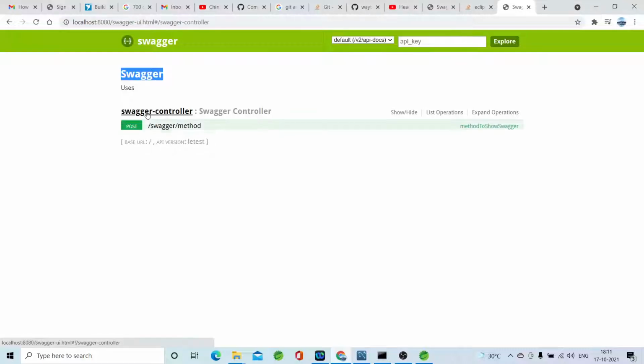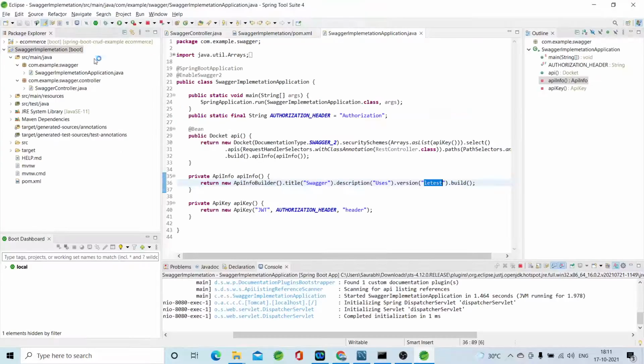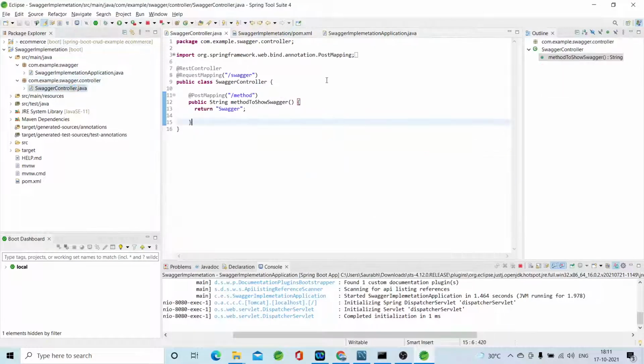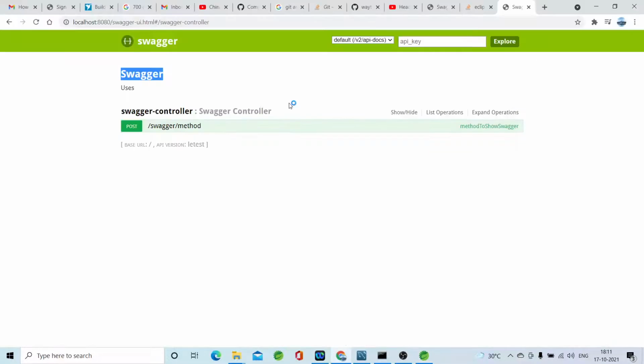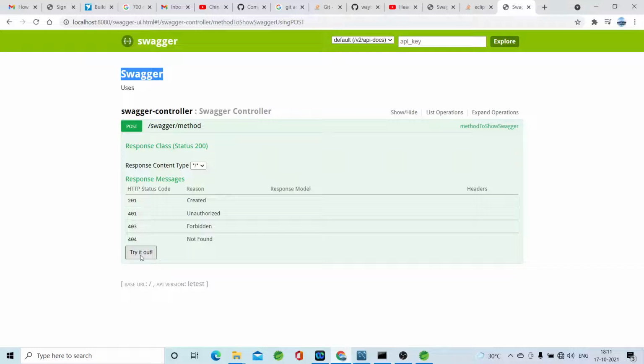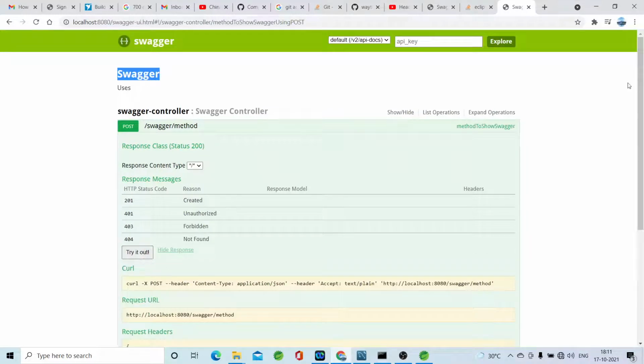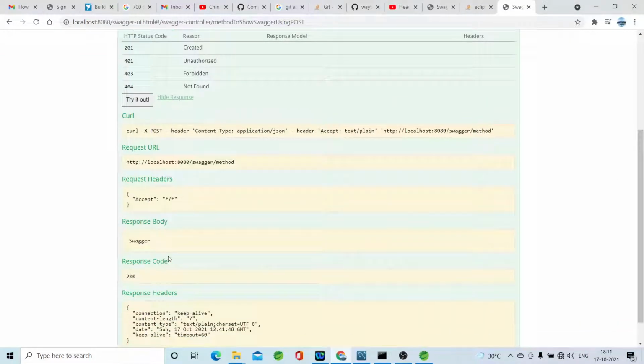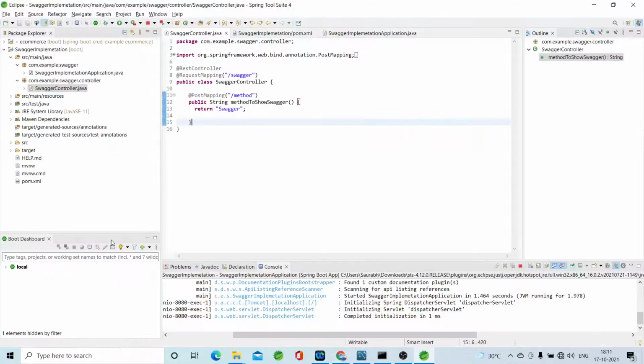Now I'm clicking this one. You can see this method to show Swagger. This method is coming from this controller class. This is a post method, so I'm using this post method. You can click Try it out, and you will get the response. The response is the Swagger response. I'm returning Swagger, so it will return the Swagger.